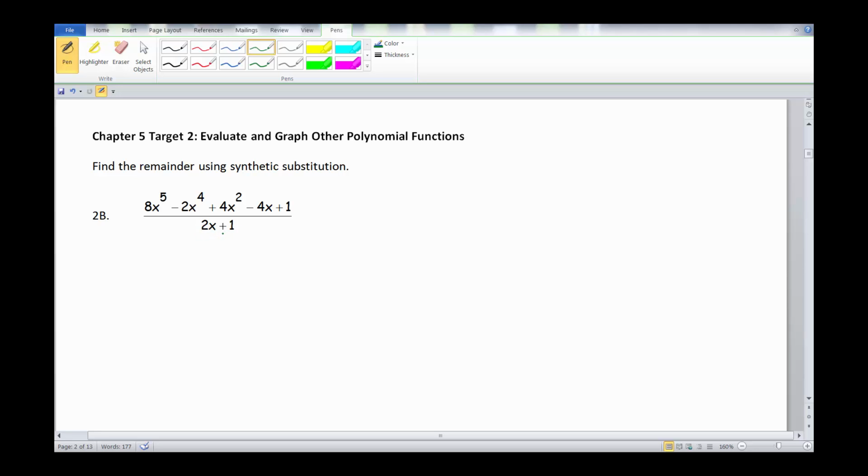Now, when we're trying to think about the number that goes inside the box, what we're going to do is set this bottom equal to 0, that thing that we're dividing this original polynomial by. So then we have 2x plus 1 is equal to 0, and then just solve for x here. We first subtract 1 from both sides, giving us 2x is equal to negative 1, and then divide both sides by 2. So x should come out to be negative 1/2. Now that's actually the number that we're going to use inside of our box. We end up then with negative 1/2